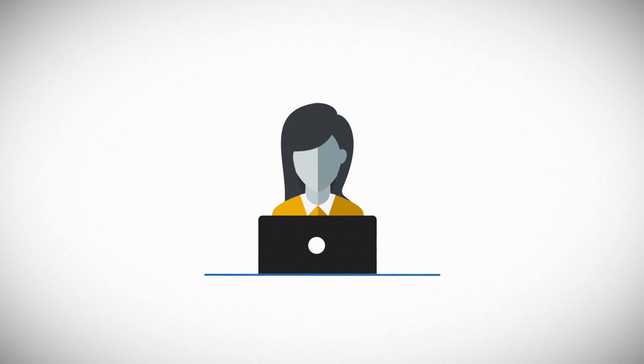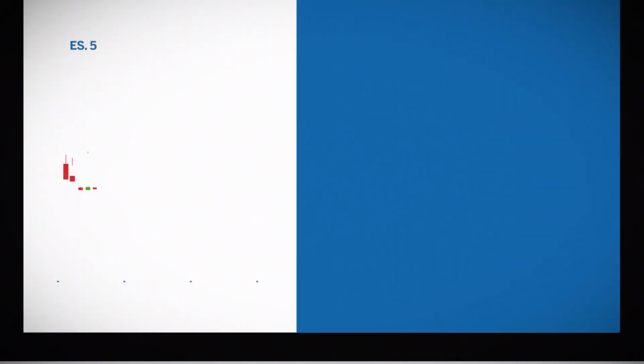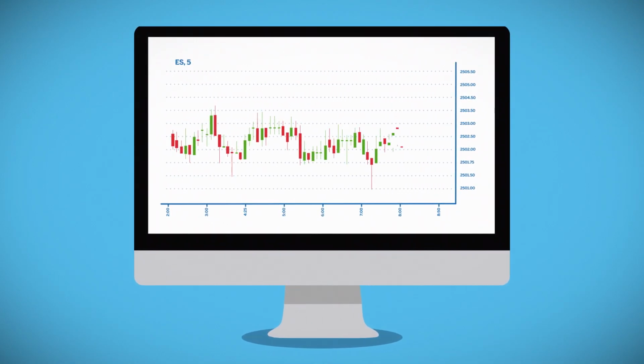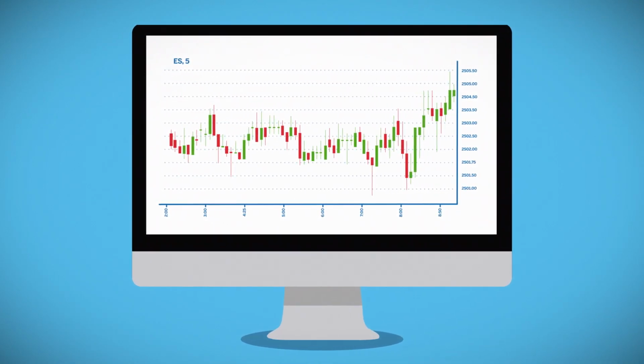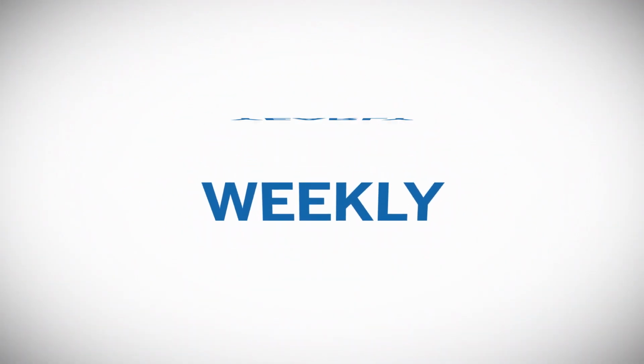As a trader, you will need to set how often a new candlestick or bar appears on your chart using either a time-based approach or trade-based approach. A time-based approach is probably the most familiar to traders. Time-based charts generate a new bar or line point after a set amount of time has passed. Depending on the trader, this can be anywhere from 1 minute to a weekly or yearly chart.